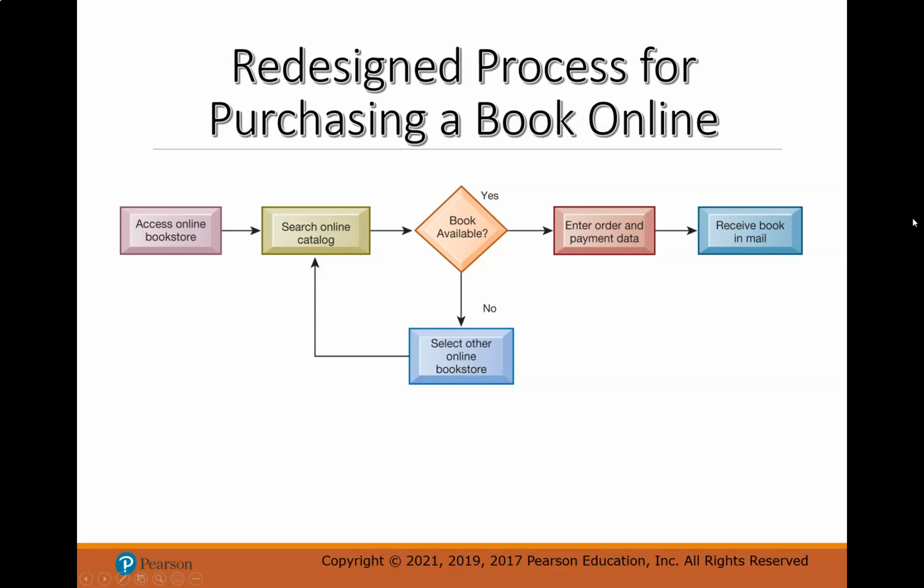Redesign process for purchasing a book online. So here we have access to the online bookstore. Search the online category. Is it there? Fine. Select another online bookstore if it's not. If the book is available, order and pay, and then you get it either in the mail, UPS, FedEx,